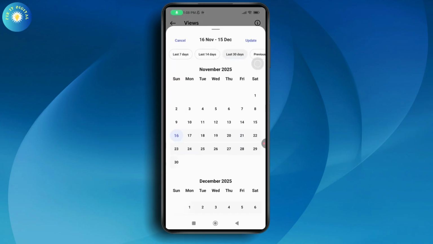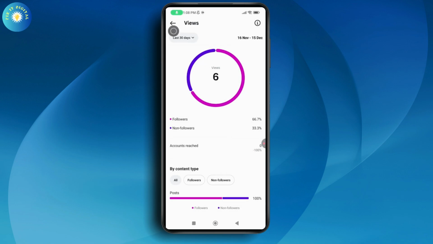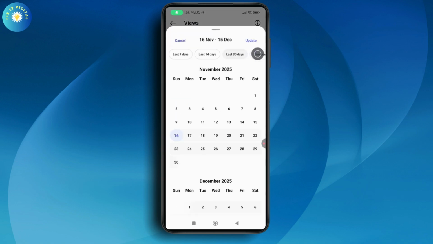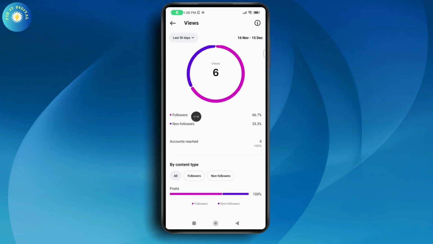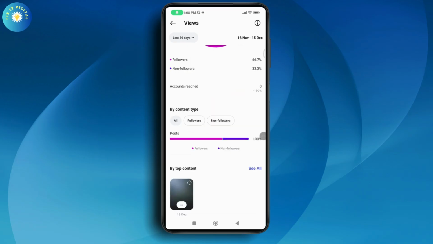You can go with last 30 days, or you'll have the drop down right here. You go with the drop down and then select last 14 days or previous month or last 90 days. You can change up the number of days. You can also see how people are reaching your profile. So in this, you will have the followers and non-followers, and also by content type, which is here the post,